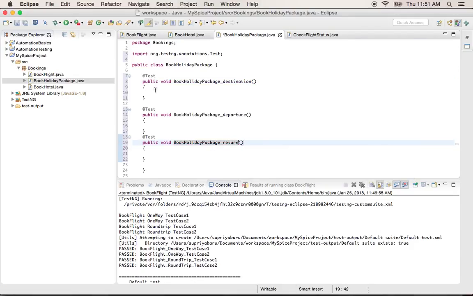So again, whatever I'm printing as System.out.println, here comes your actual functional testing code, guys. When you are working with your test cases, your Selenium code comes here. So for now, I'm just printing this. So this is book holiday package test case number